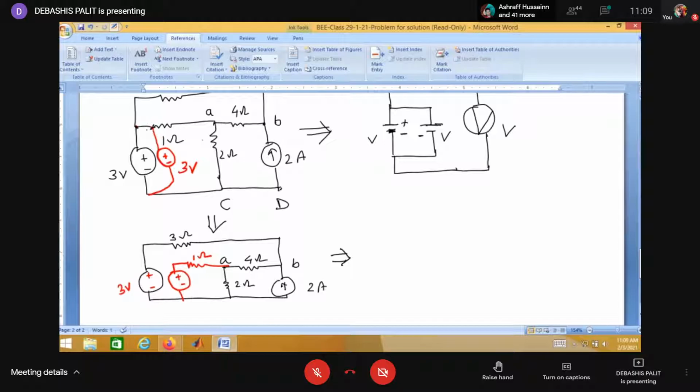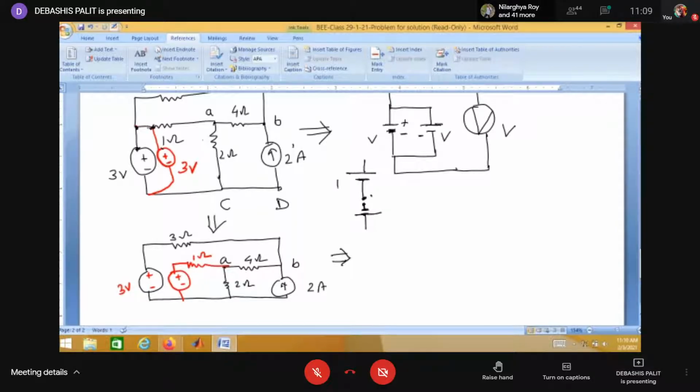Why am I considering equivalently separating these 2 points? Because when this polarity is the same and the same voltage is driven here, the 2 points are equipotential points. If there are two equipotential points, no current is driven. So when there is a network, these are two equipotential points.